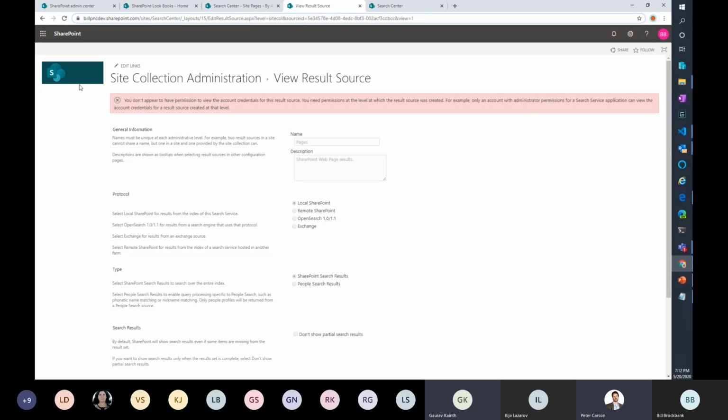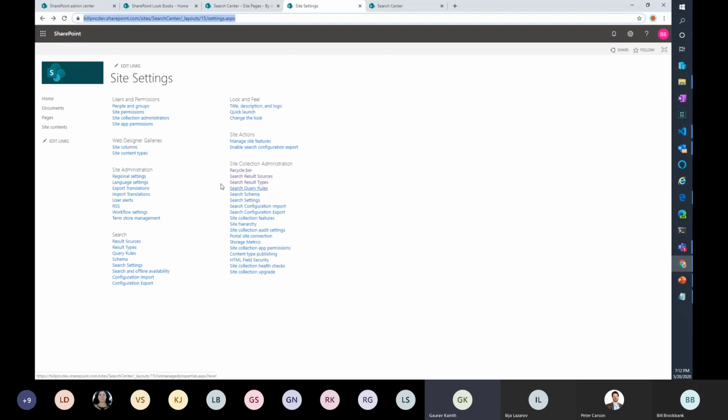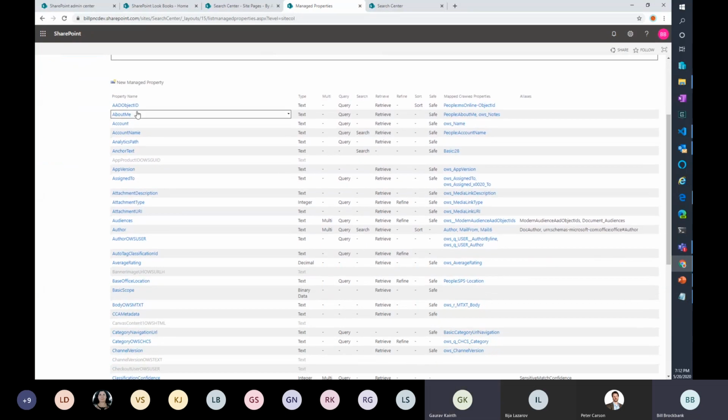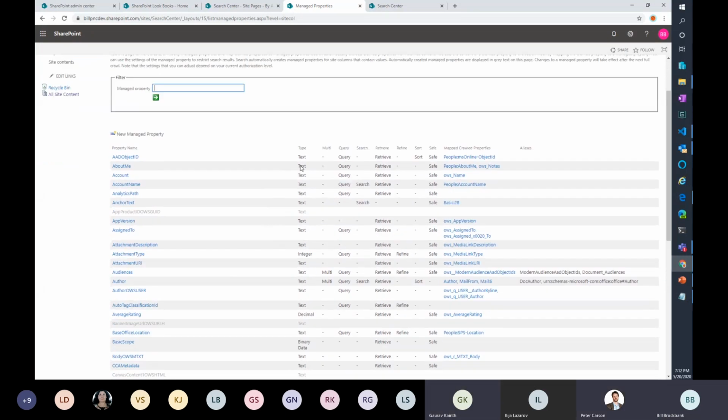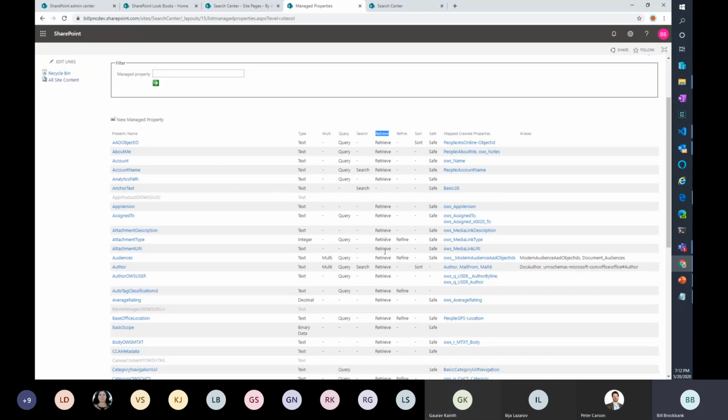Yes. So basically, if I find a crawled property for that custom column, and if I create a managed property to it, associate them, and then I can search that, I can get that managed property here, correct? Yeah, if you go into your sites at the scope level of your farm, tenant, site collection, and web, you actually have this managed properties section. And these are all the managed properties that you can return if they're set as retrievable. You have to be able to retrieve them.